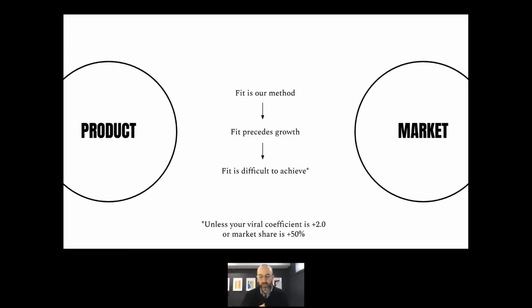The other piece is if you are a first mover or mature and kind of a dominant force in your industry and your market share is over 50%, again, messaging may not be the number one thrust. For everybody else, some of the concepts we're going to talk about today are going to be very important.